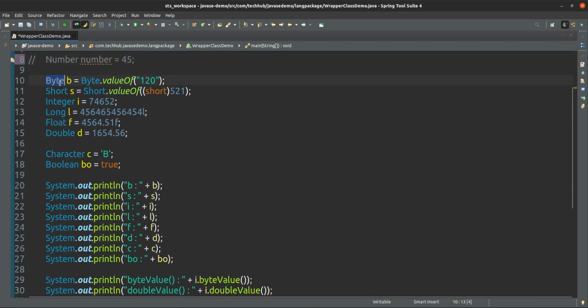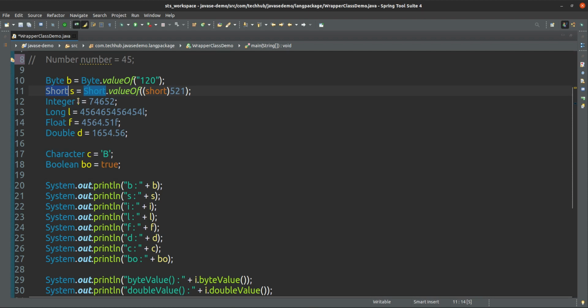And byte you can give in this way, Byte. But why am I giving byte value of 120 here, because we can convert from string to Byte wrapper in this way, or from integer, also from byte to wrapper Byte we can convert in this way.